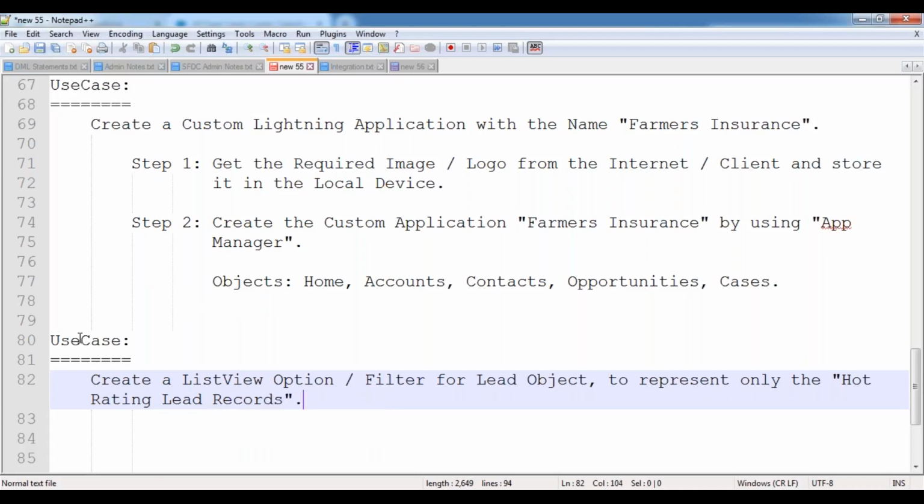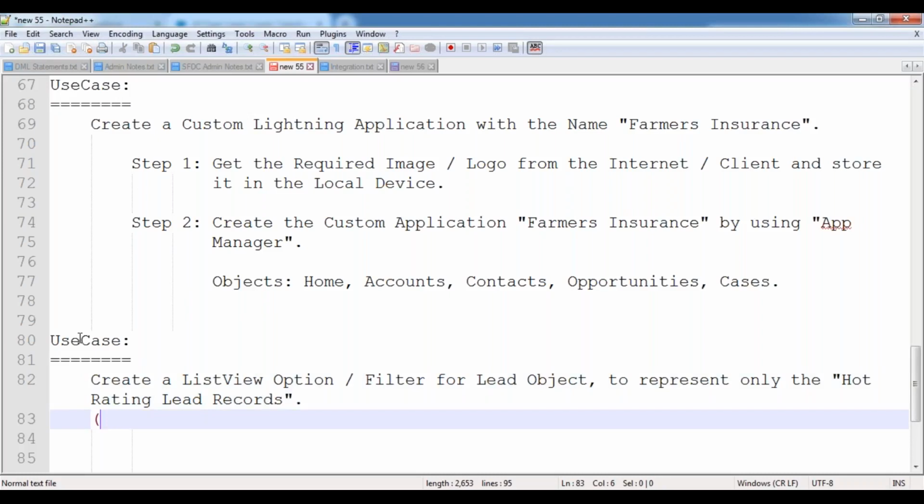Only the heart rating lead records, and the columns to be visible. I want to show the columns. So whenever I'm selecting that list view option, it has to display the records, right? Upon showing those records, I want to display the columns like first name column,